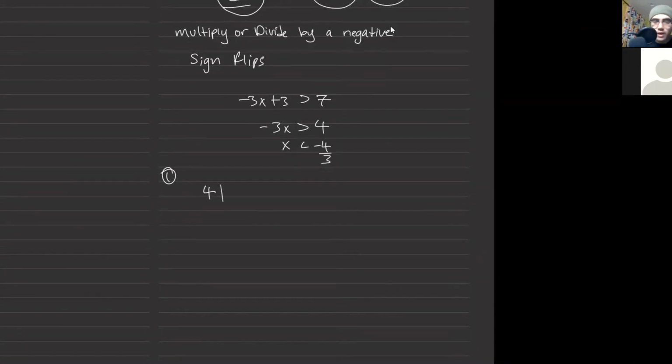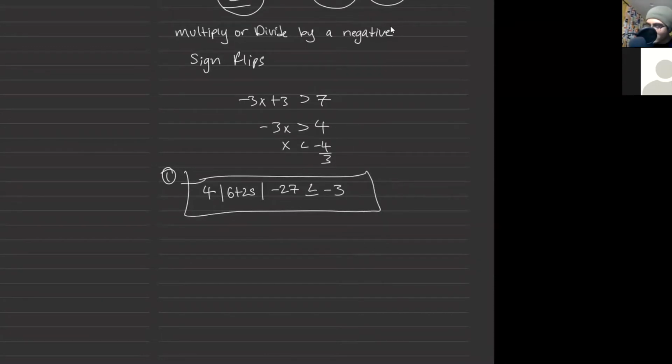For absolute value, 4|6 + 2s| - 27 is less than or equal to -3. What is the solution set, or what values of s, like what should the range of s be in order to satisfy this expression? I'll give you guys like 3 or 4 minutes on this, and then we'll move on to the fun stuff. This might seem a little monotonous, but it'll get fun, trust me. You become intellectuals under my